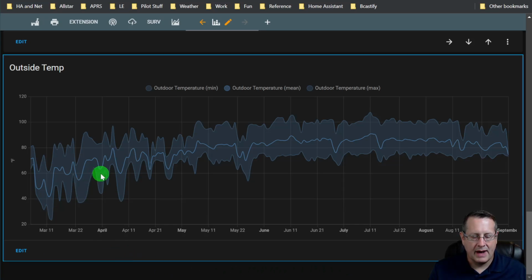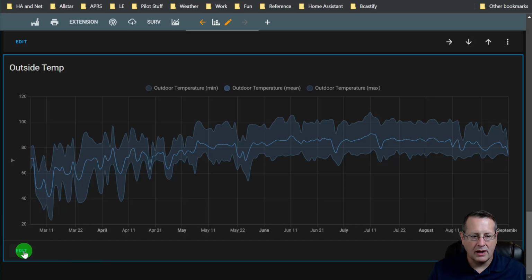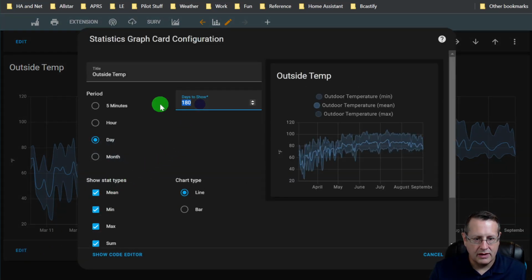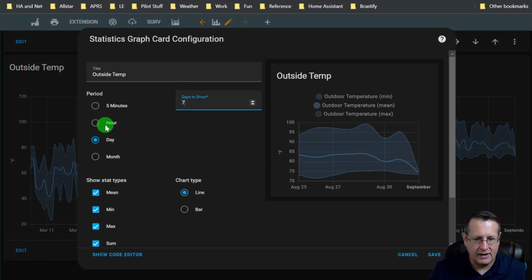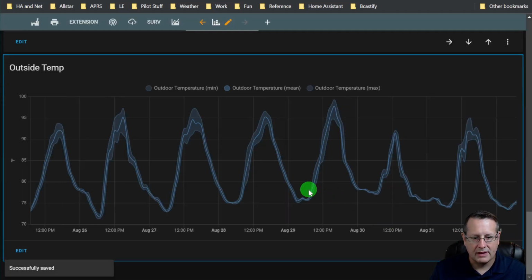And now you can look down here. Over time, my outside temperature, what has happened over that period of 180 days, you can see kind of trending. If you want to go more granular, you can say 7 days and do it on a daily basis or even an hourly basis. And looking at it for the last 7 days, this is the mean, max, and minimum